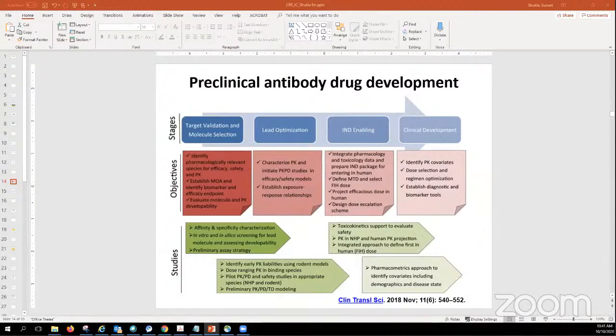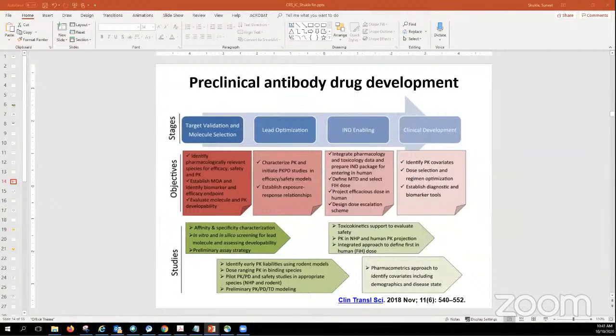In that stage, the objective would be to identify pharmacologically relevant species for efficacy and safety, demonstrate the PK, establish the mechanism of action, identify biomarkers with the efficacy endpoint, and evaluate if the molecule